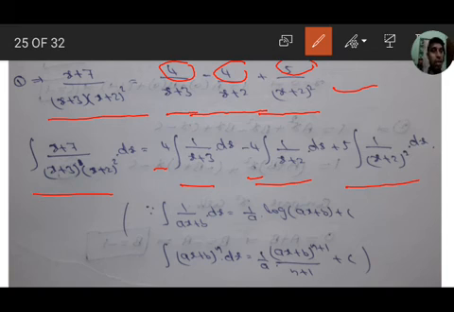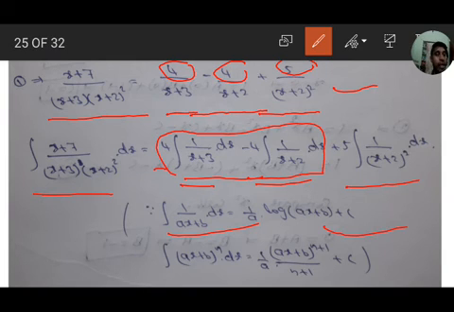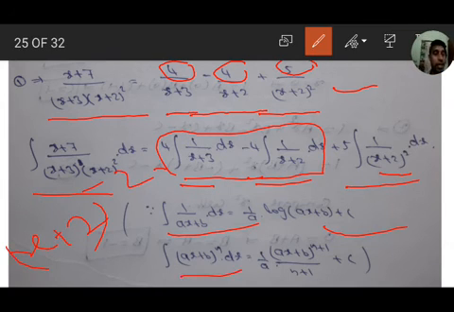So we need formulas. The first two are in the form of integration 1 by ax plus b dx, that is 1 by a into log of ax plus b plus c. The last one, if it goes to the numerator, is x plus 2 whole to the power of minus 2. Minus 2 means integration of ax plus b whole to the power of n. The formula is 1 by a into ax plus b whole to the power of n plus 1 by n plus 1, plus c, where n equals minus 2. It is log of x plus 3, log of x plus 2, and x plus 2 whole to the power of minus 2 plus 1 by minus 2 plus 1.